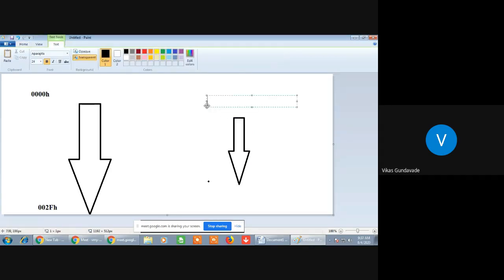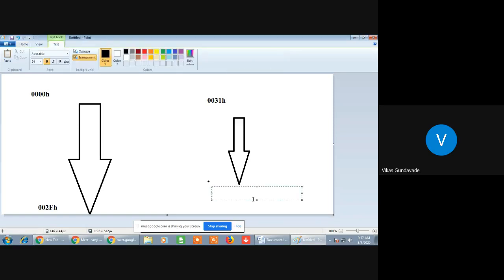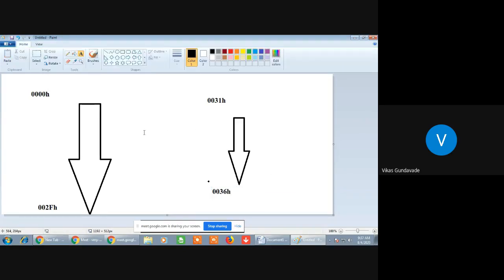The address location will be available at some location like 0031H to another location 0036H. Okay, we will take only a few lines.